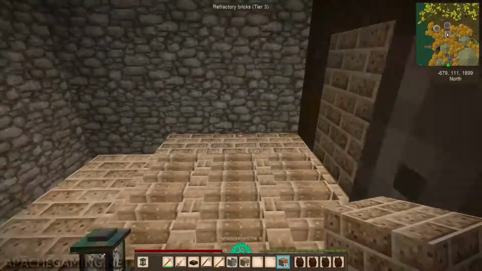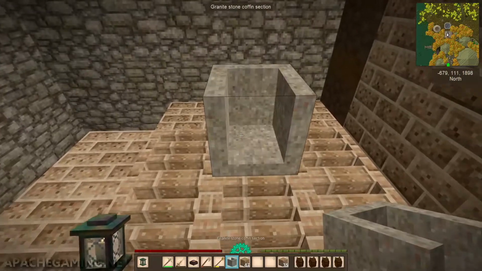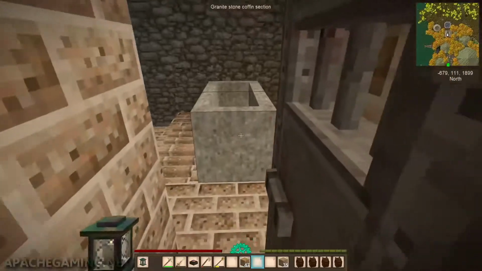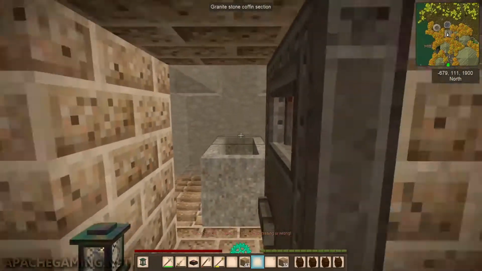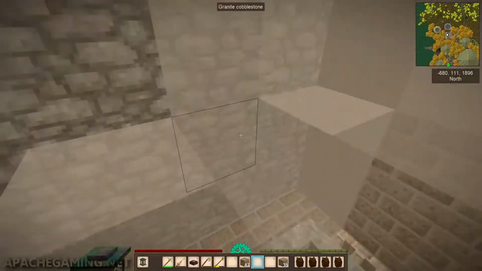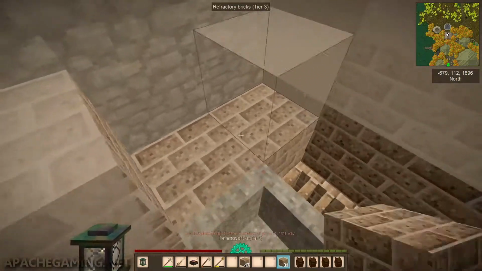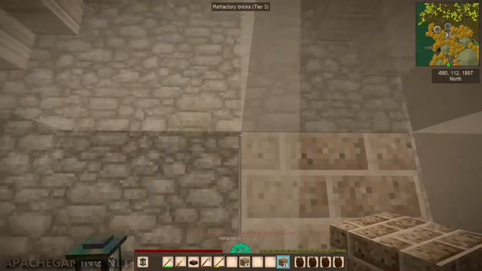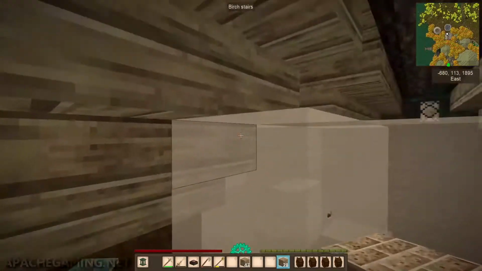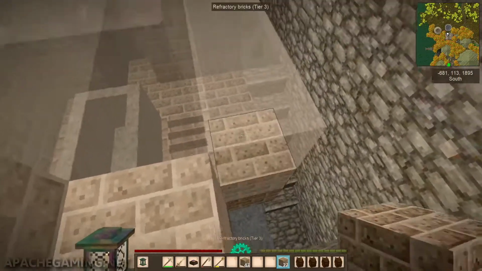So now if we head on inside, we can add that there and that there, and then with an empty hand we shift and right click and we can see this little ghost image here. And so this will show us exactly where we need to put all the rest of the pieces. So just there, one there, and then jump up here, we can see that we need two there,